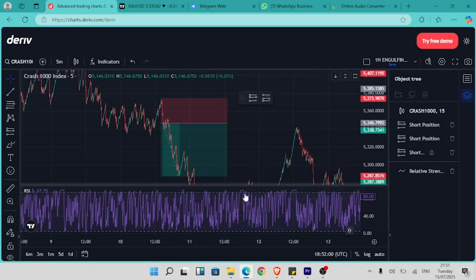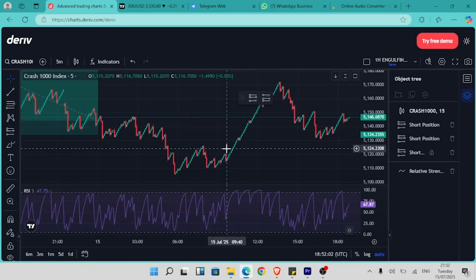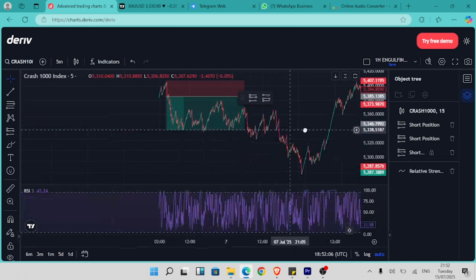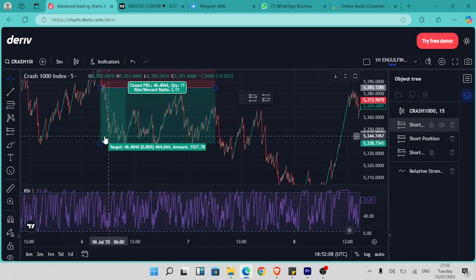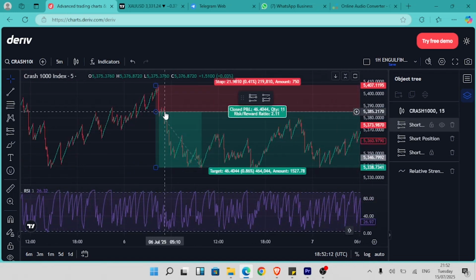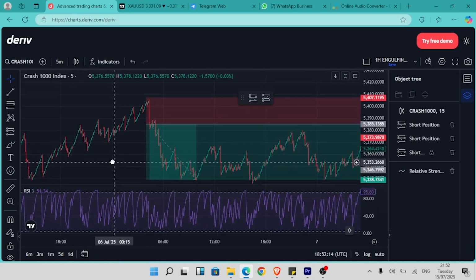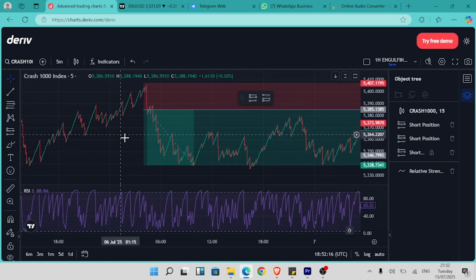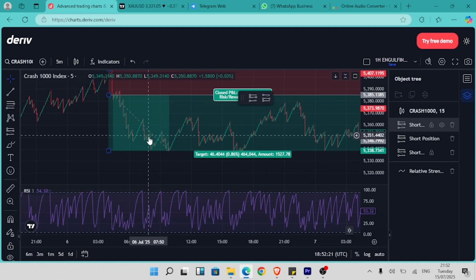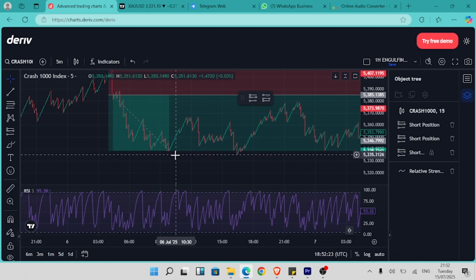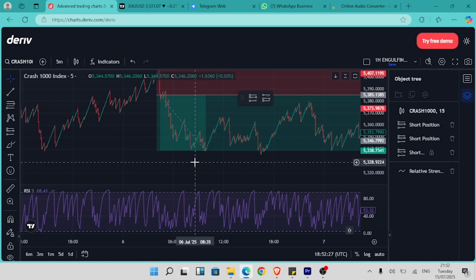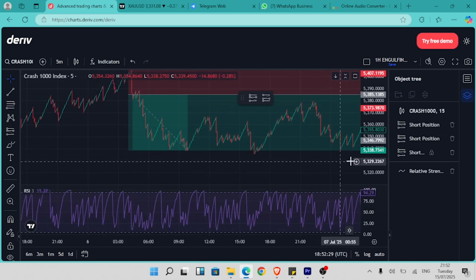Let me try and get to that exact spot. Immediately the bearish engulfing candle has closed. What you want to do is to enter your first position immediately after that close, right there. Okay, and then you want to take other opportunities. For example, this one here, you take this and then you take this as well. So these are 3 positions that will grow your account, and then you take profits once you're satisfied with